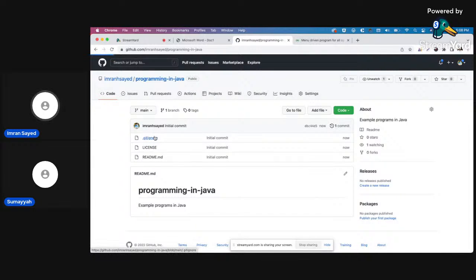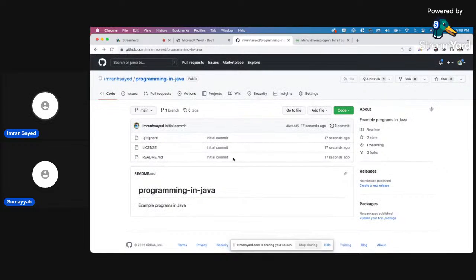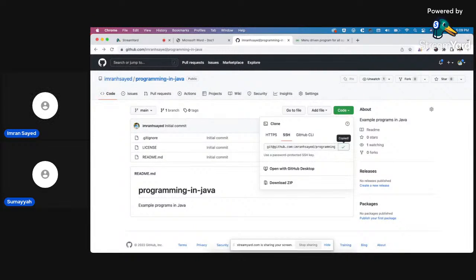Okay, let's see what's there in Git Ignore. So we have class, and so on. Yeah, we don't have the VS Code, so we'll put that. I guess I'm not going to be using VS Code, I'll be using PyCharm. But I'll still put VS Code, just in case you're using it.